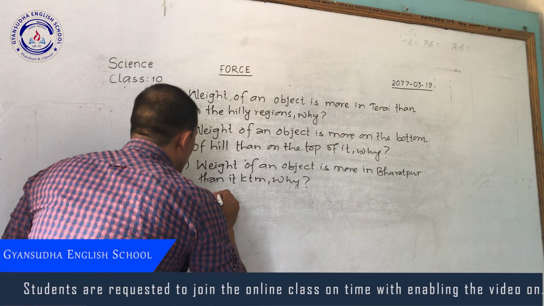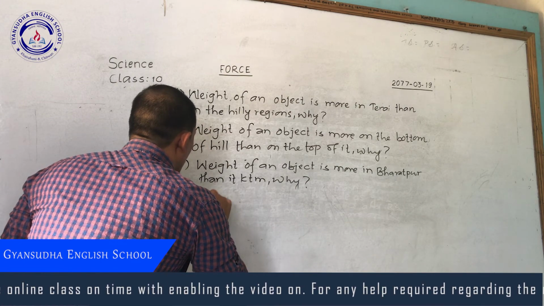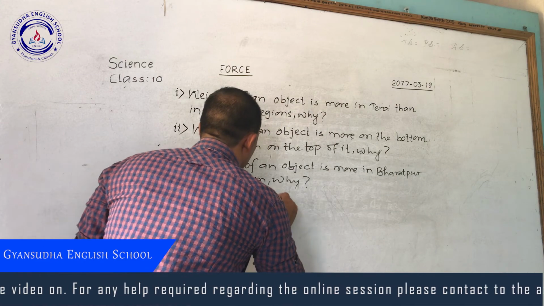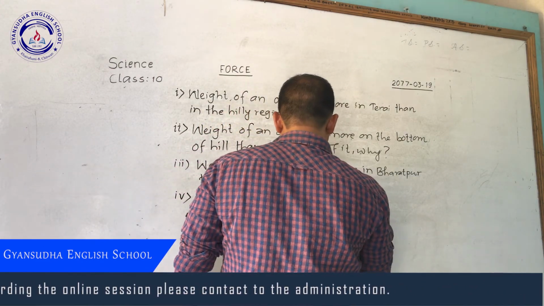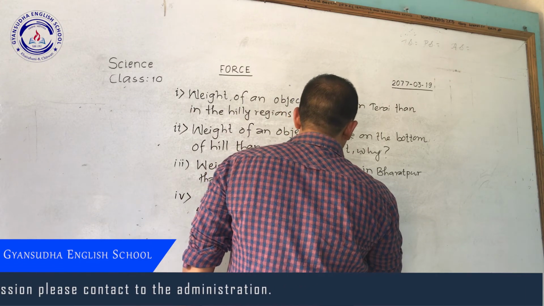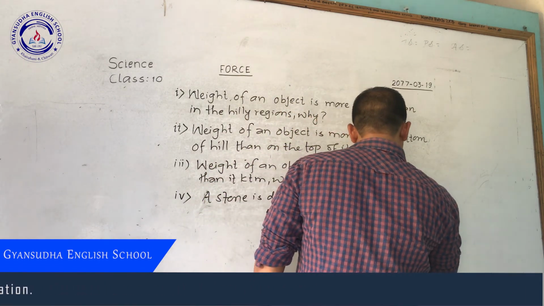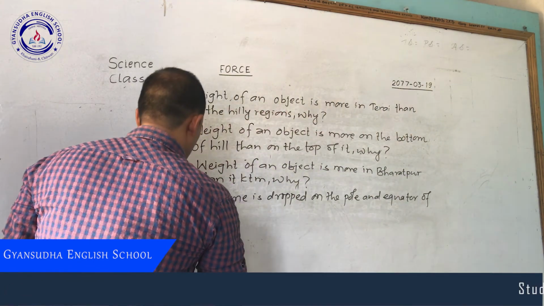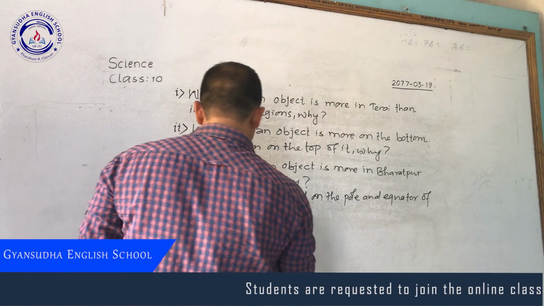A stone is dropped on the pole and equator of the earth. Where